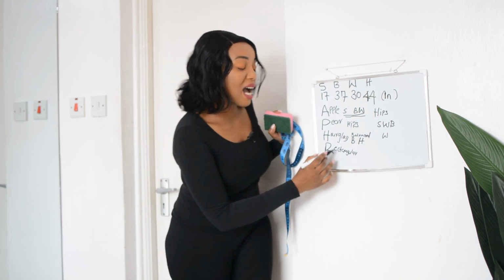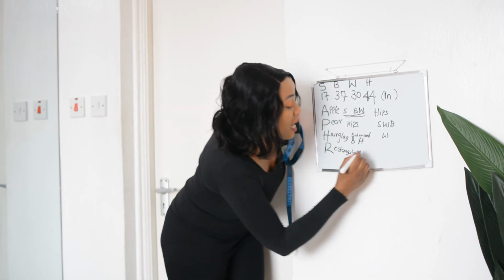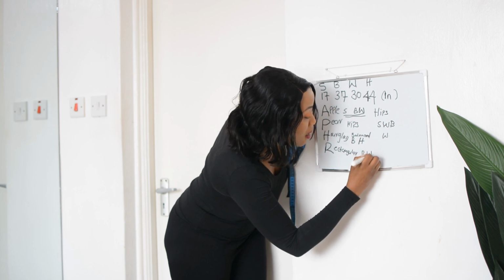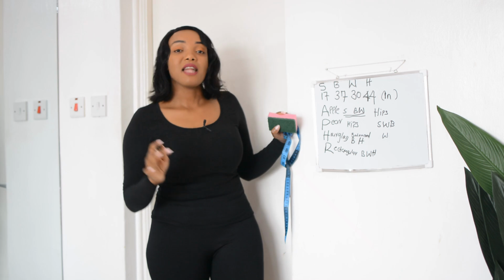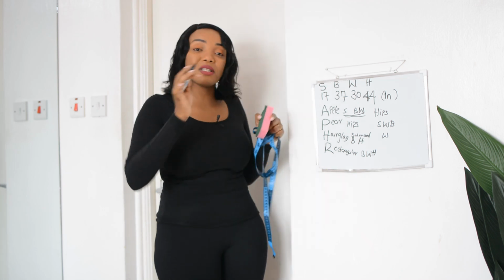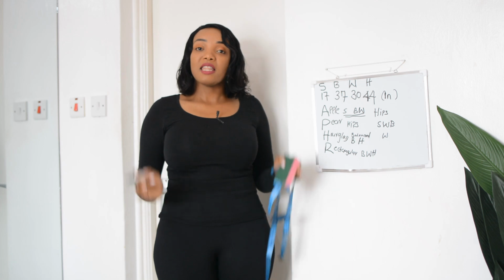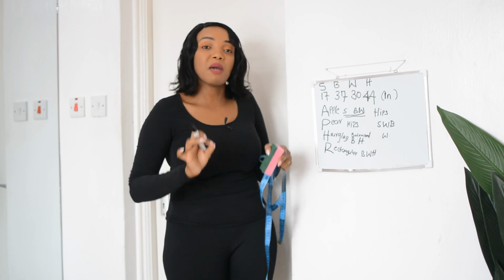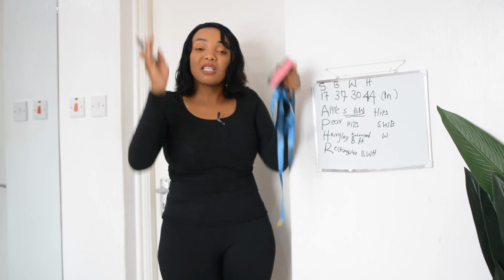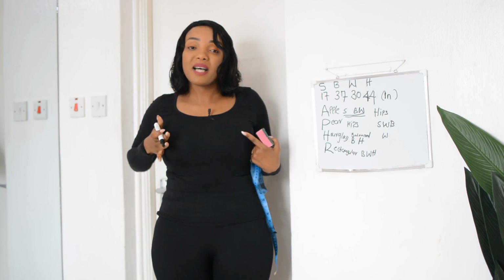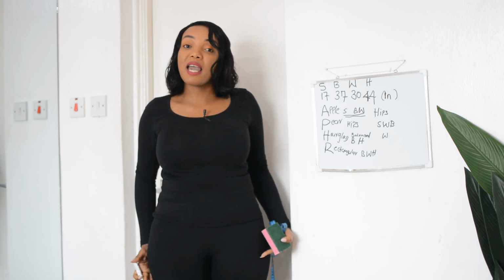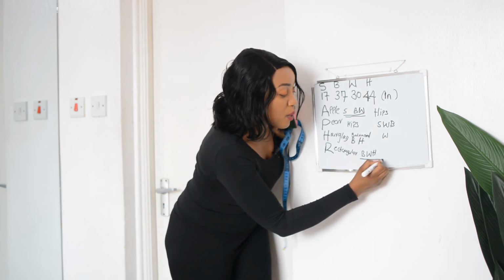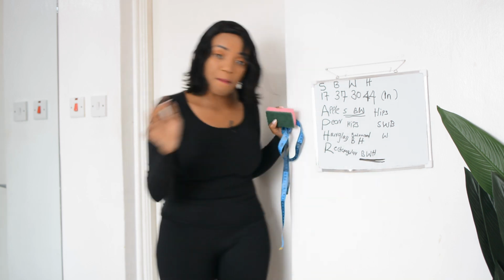Now, when it comes to the rectangular body shape, these people, when it comes to their bust, their waist, their hips area, they don't differ too much. It's almost like a rectangle. They are almost like this. And if those areas differ, they are not differing by many centimeters, maybe 2-3 centimeters, because these people appear to be equal when it comes to their bust area. The measurements for their bust, their waist, and their hips really don't differ so much. They almost belong to the same place. So we can say that these people almost have the same measurements.